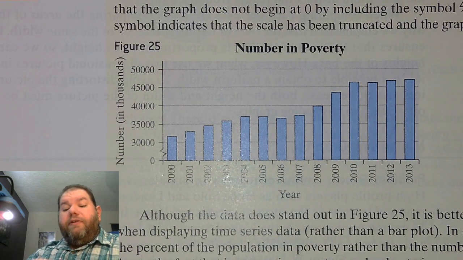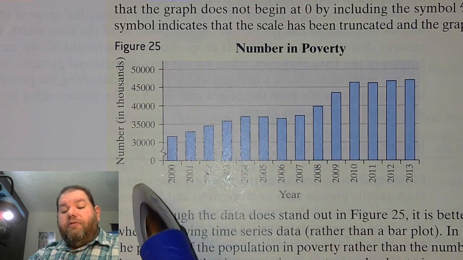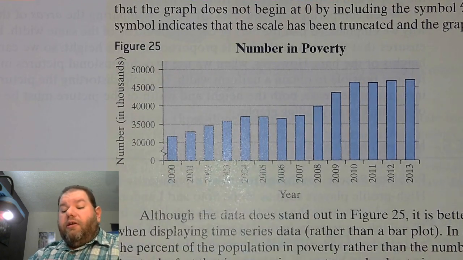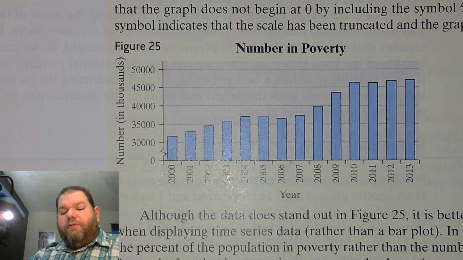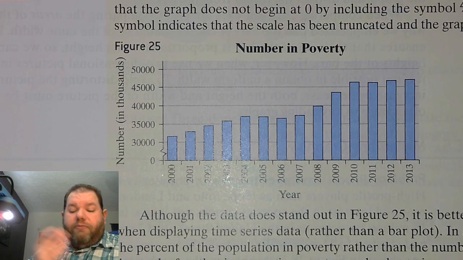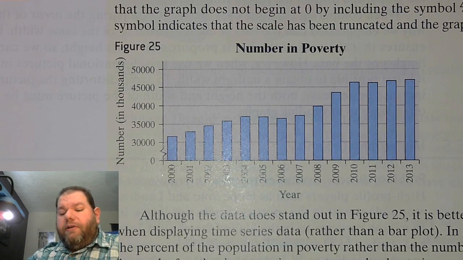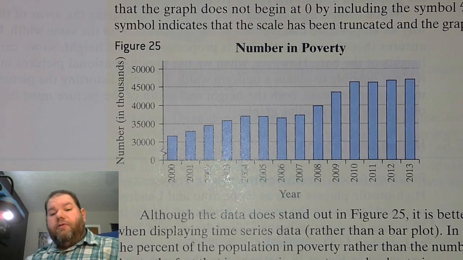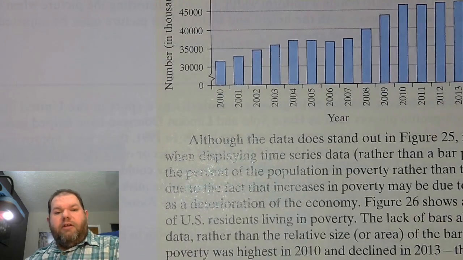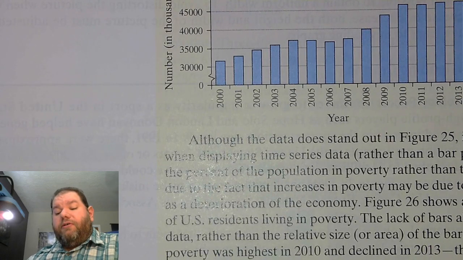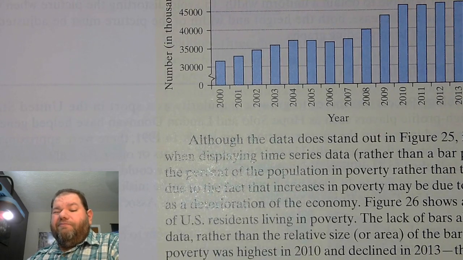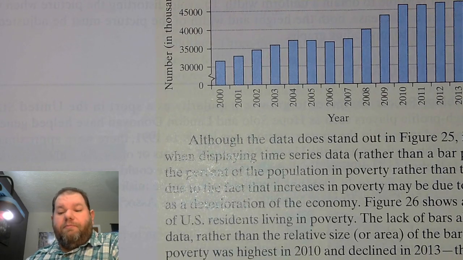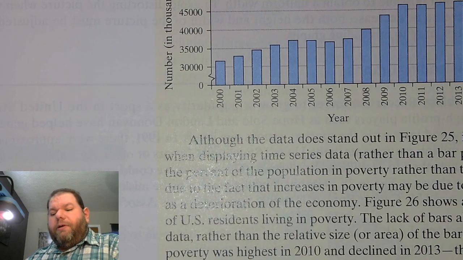Now this is just raw numbers, which does tell a story. But maybe a more significant story is if we look at the relative frequency versus the total number. It's a tragedy either way. We're talking about poverty. But when we look at the relative number, that takes into account how population changes as well. Both of them tell an important story, actually. But